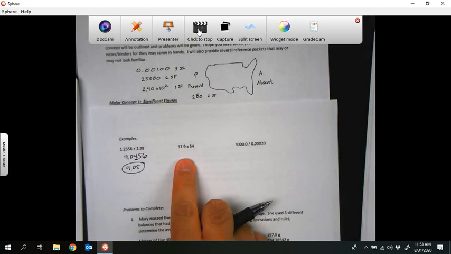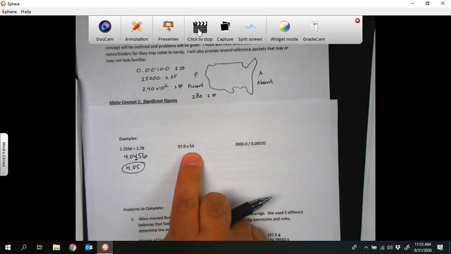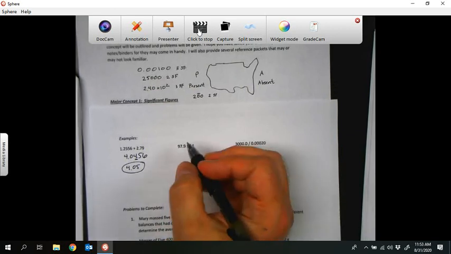Our second one, we're multiplying. Remember that multiplying is based on how many significant figures are in each number. This number has 3. This one has 2. So our answer can only have 2 significant figures. So if we put this in our calculator, 97.9 times 54, we get